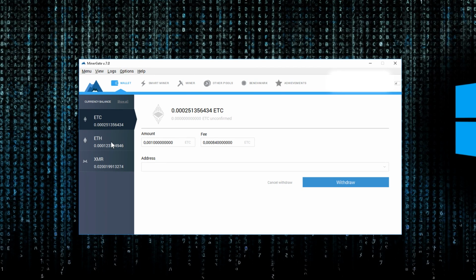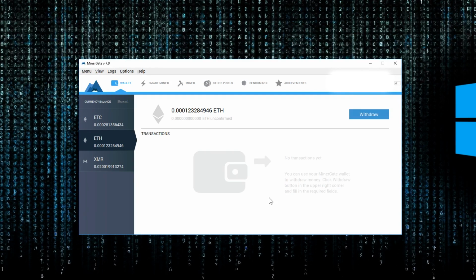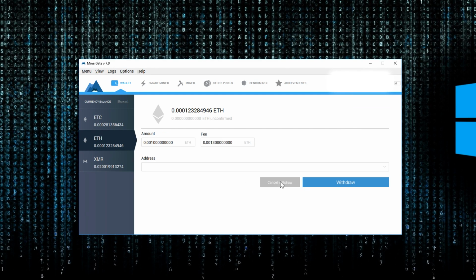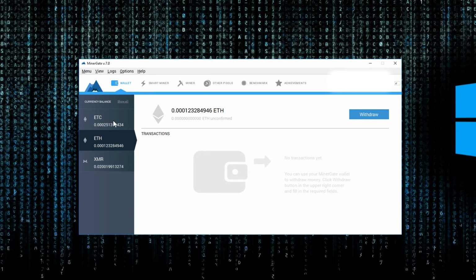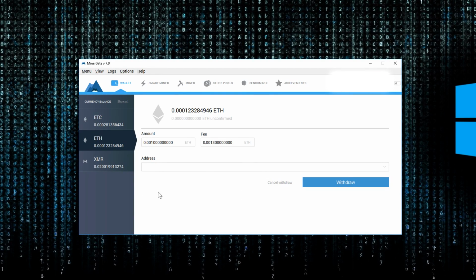Be very careful that, for instance, an example, if you send your funds to an exchange site or a trading site, sometimes you need to add a transaction ID with it. I don't know if I can show you guys that. Let's see. No, it's not. It doesn't appear here, but sometimes it will appear, and you will be able to put a transaction ID as